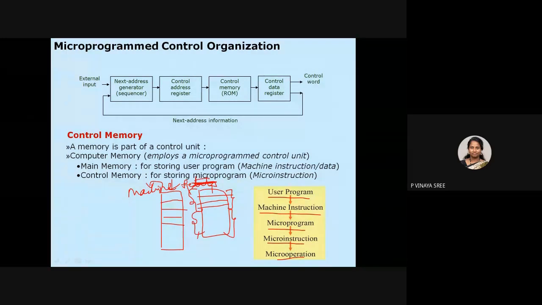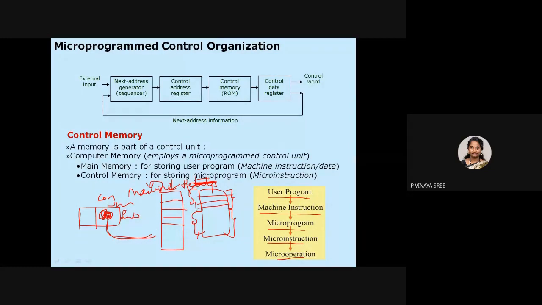Once the control unit is activated, first the microprogram will be fetched, and next it will be decoded. After decoding, we can identify whether it is conditional or unconditional, or whether it is a subroutine call. So fetch and decode are in sequence, but after decoding, based on the type of instruction present, we need to generate the corresponding signals. If it is a branch, then we need to go to that particular branch in the main instruction. For that, control signals have to be generated. In that case, we will not go in sequence, we will go to that particular location.